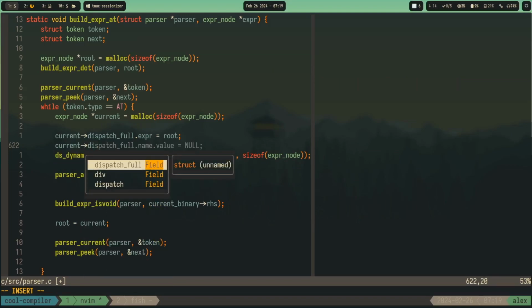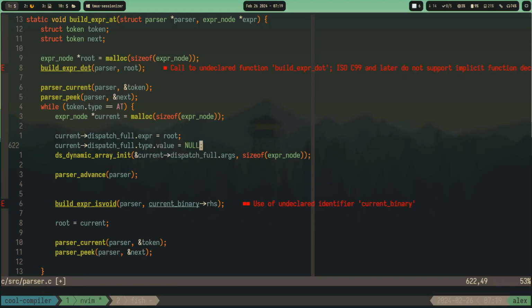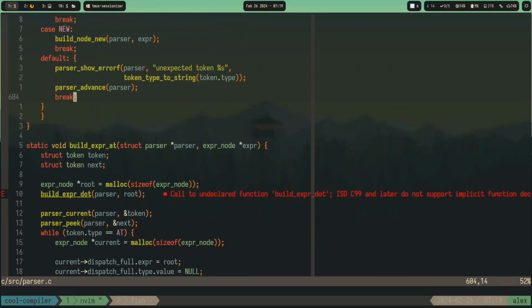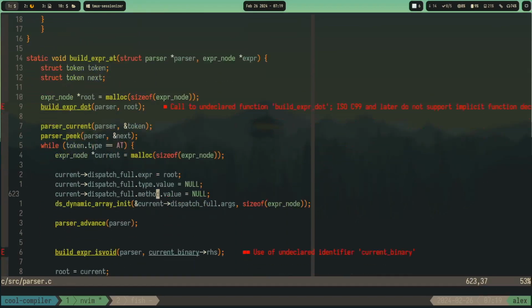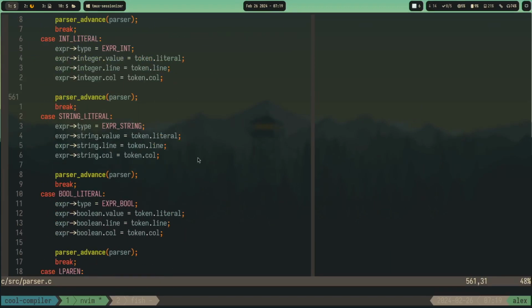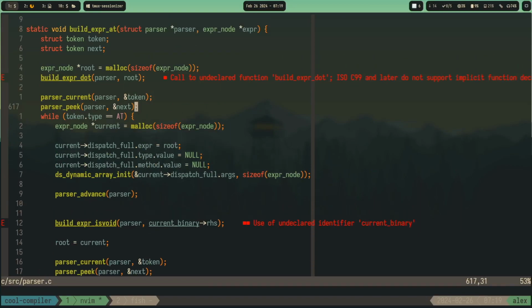Current dispatch full type dot value equals null, just to initialize it, and method value equals null. So we just initialize the thing. Okay, perfect. So now we need to get a token